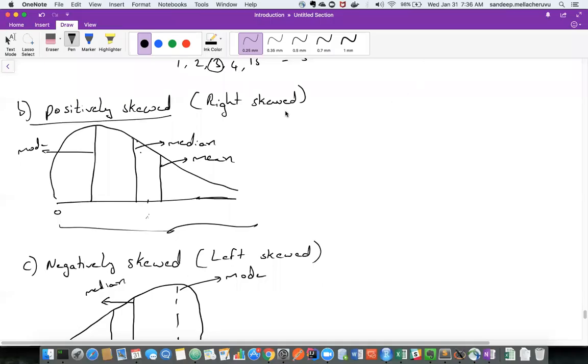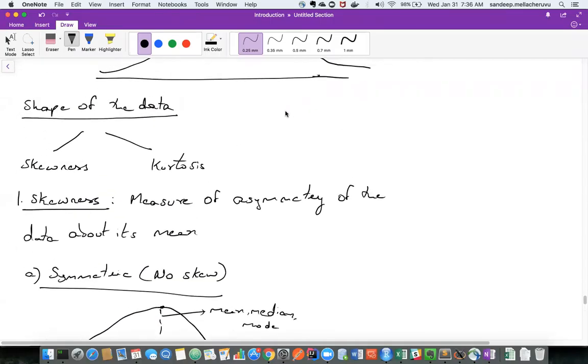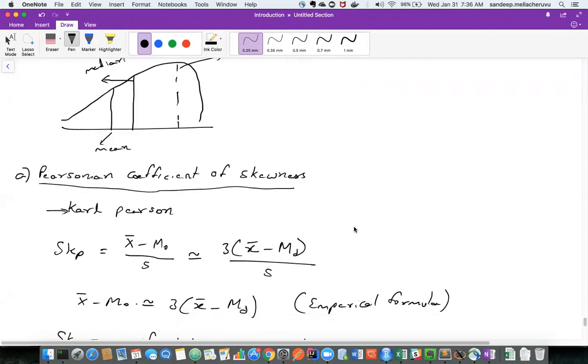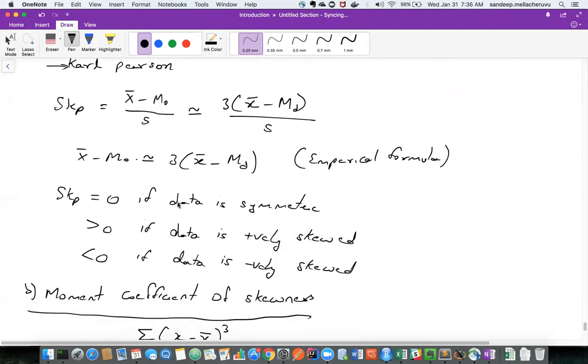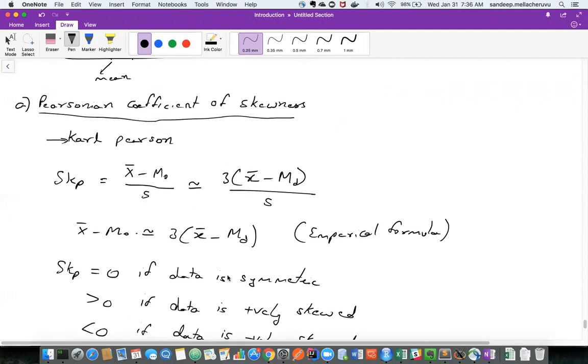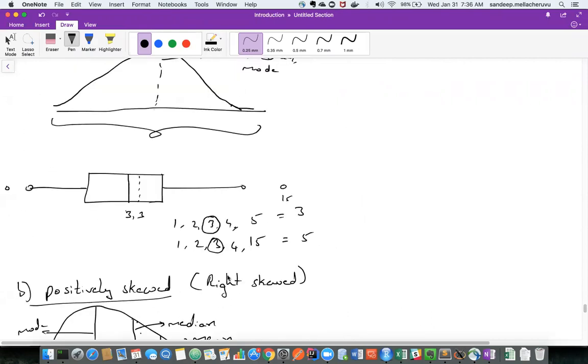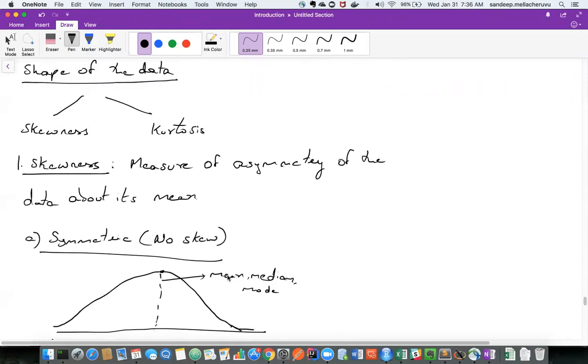Two different skewness metrics. Both of them together define this skewness, and the interpretation is exactly the same. Do not worry about the interpretation of the moment coefficient or the Pearson coefficient. The interpretation is very similar, and it's very easy to interpret as well. All you have to do is use one of the coefficients and find out the skewness. If the data is skewed, then you can report that some skewed data is there. Okay, hope this is clear.